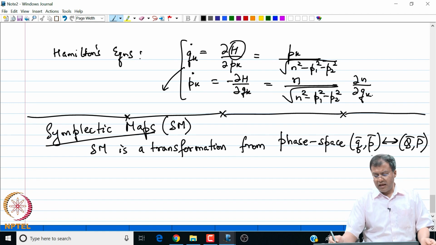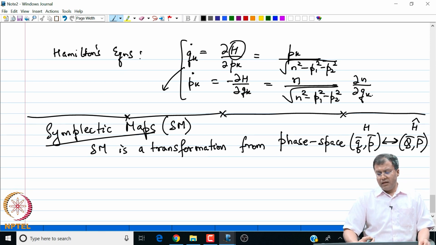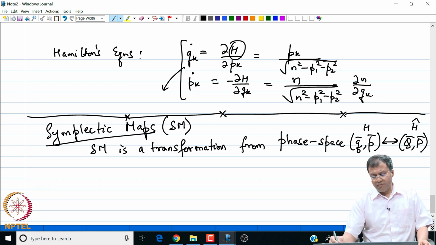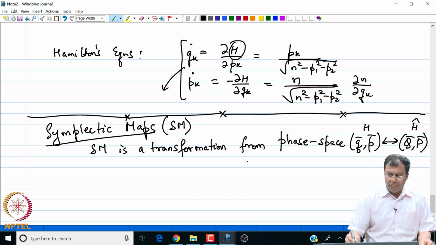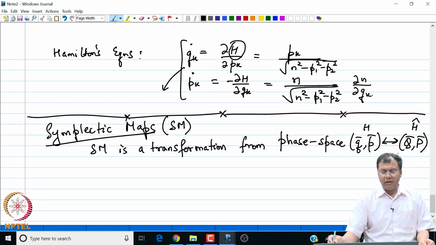And of course the Hamiltonian in this space is h and the Hamiltonian in the new space is h hat, not necessarily identical or functionally equivalent, but the idea is we are reducing a Hamiltonian which is far more complicated to a Hamiltonian which is simpler. So, let SM be the transformation from one phase space to the other,